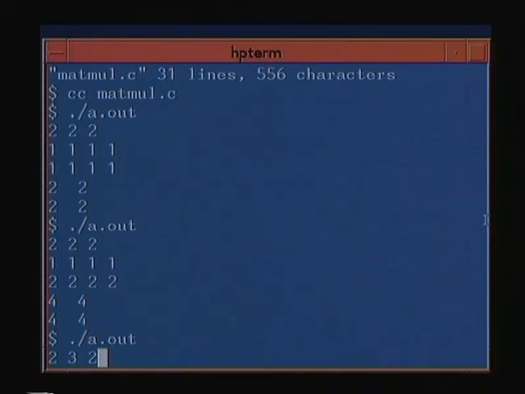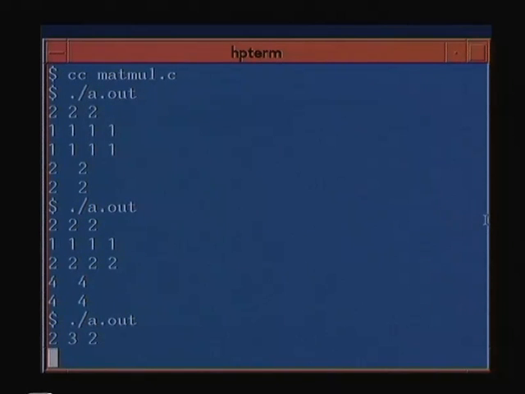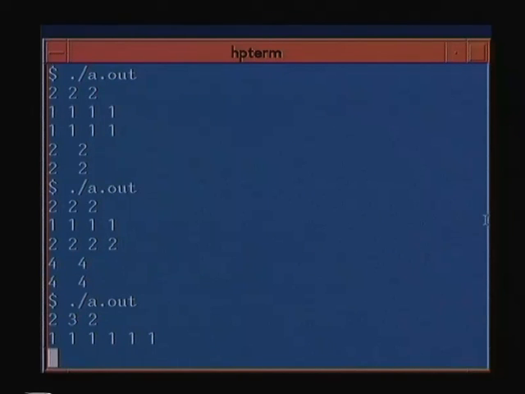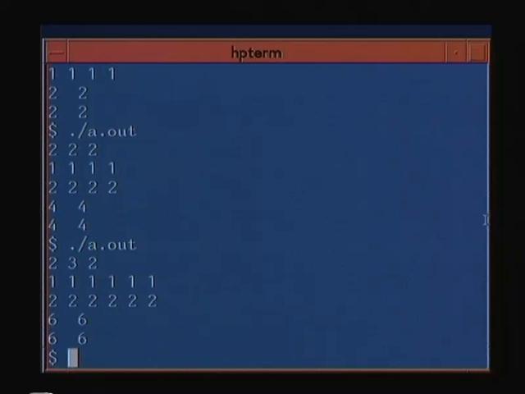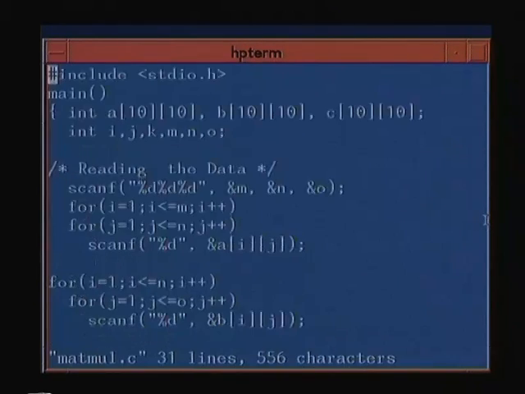So now I have given a 2 by 3 and a 3 by 2, and I am expected to get a 2 by 2 back. So the first one, in order that we understand the results correctly, let us give 6 ones. In the next one, let us give another 6 2's. So obviously the program works correctly, and the intention was not to understand how matrix multiplication is done, but how